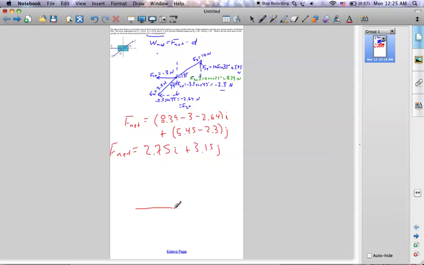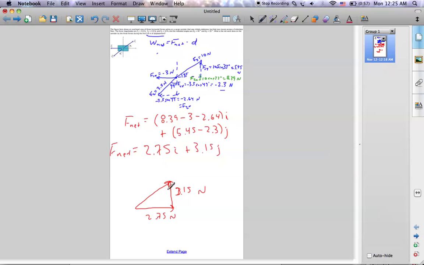So this is the x component, 2.75 newtons, and this is its vertical component, 3.15 newtons,